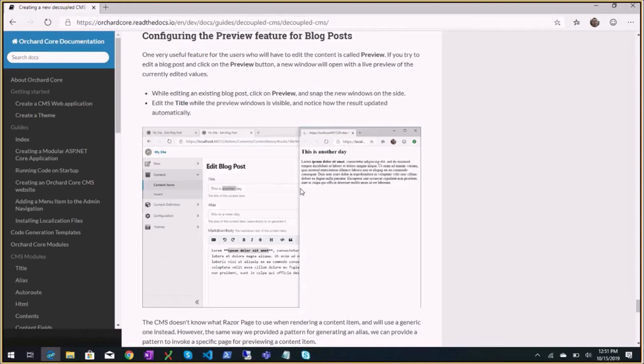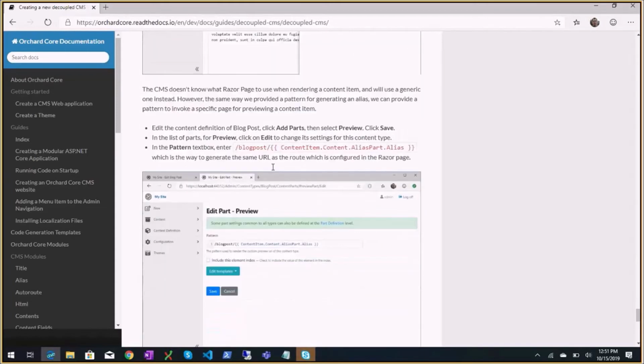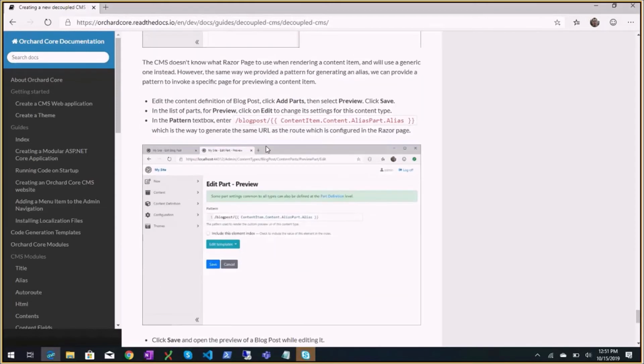But the issue with Decoupled CMS from the users, what they said is that they want to use Decoupled CMS, but they want the preview, because the preview is super important for their users. And if they use Decoupled CMS, it wasn't working. So with Jean-Thierry, last week, we implemented that to support custom views for the Decoupled CMS with previews. To do that, and this is what I explained here, you add the preview part